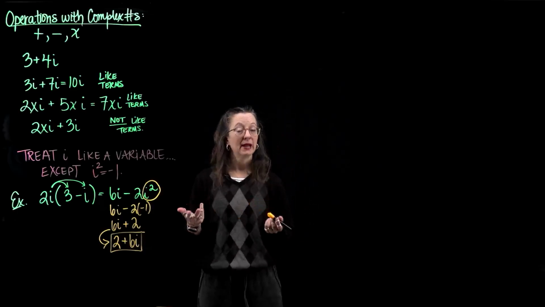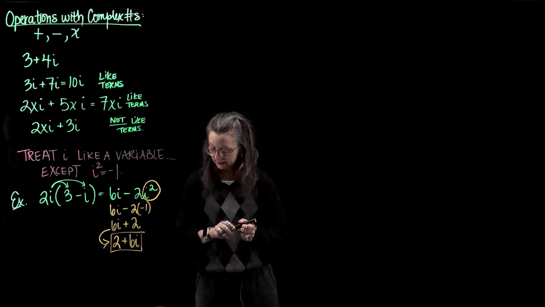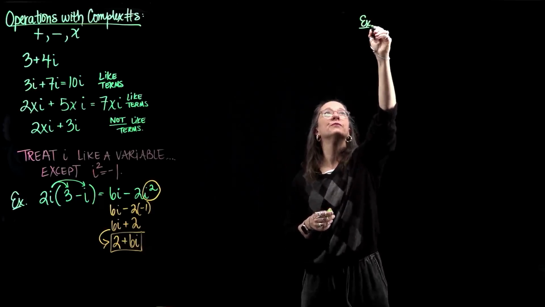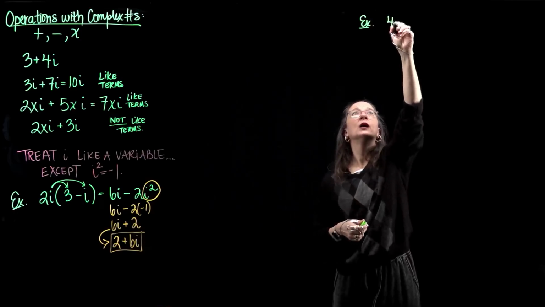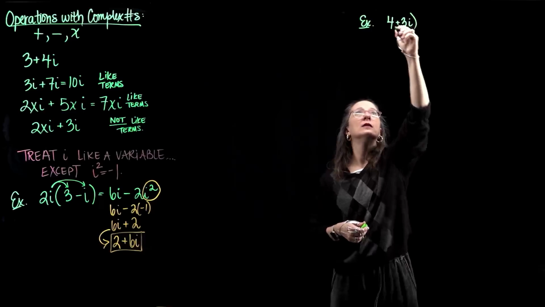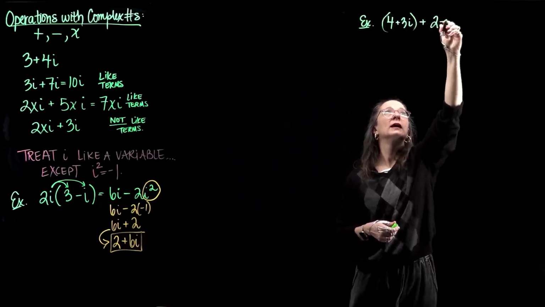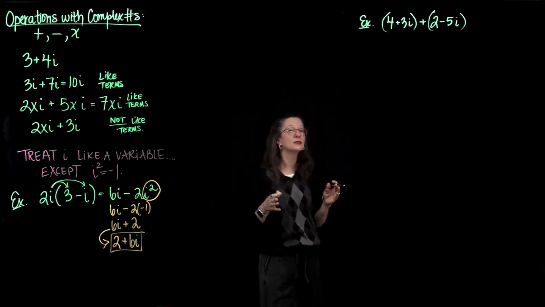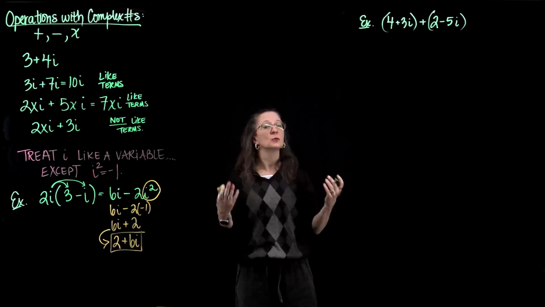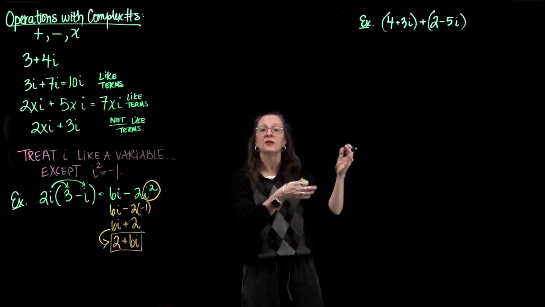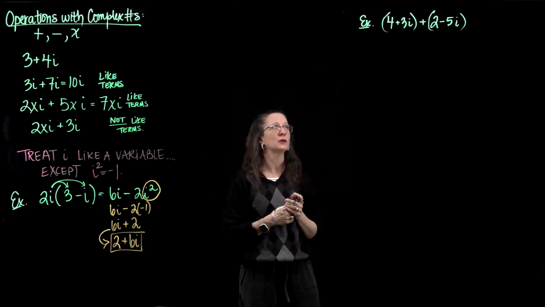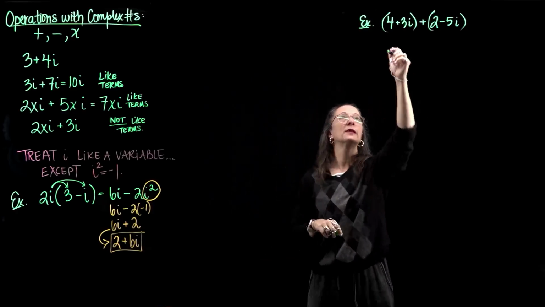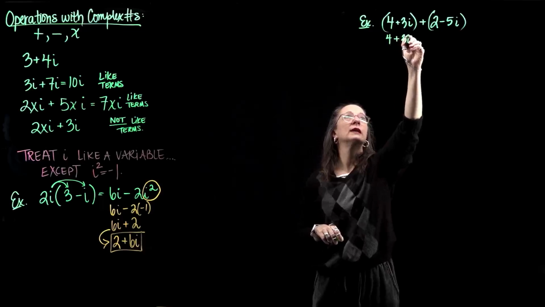All right? Let's look at adding and subtracting these complex numbers. Adding and subtracting works exactly the way you think it should. So if I add 4 plus 3i plus 2 minus 5i, and I've put my complex numbers in parentheses just to separate them. Those parentheses don't really mean a whole lot other than I'm separating one complex number from another. All right, we are adding, so we can drop those parentheses and just write it as 4 plus 3i plus